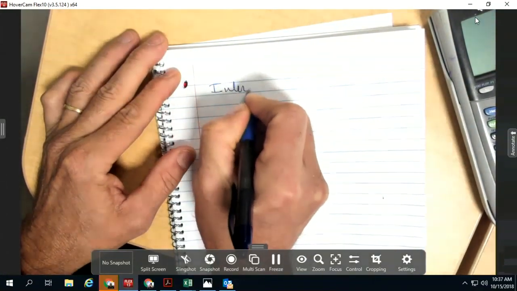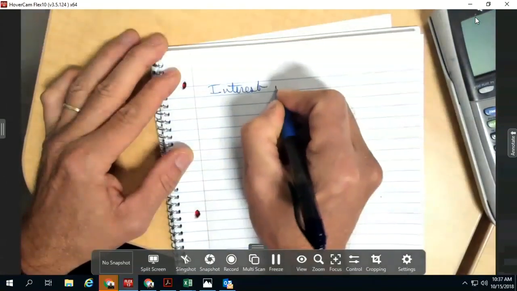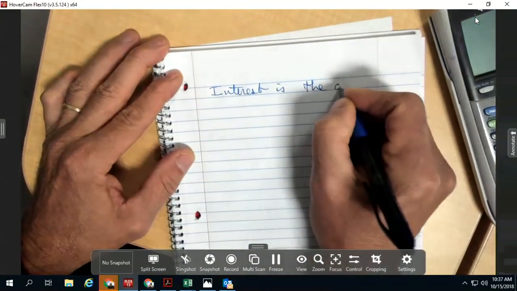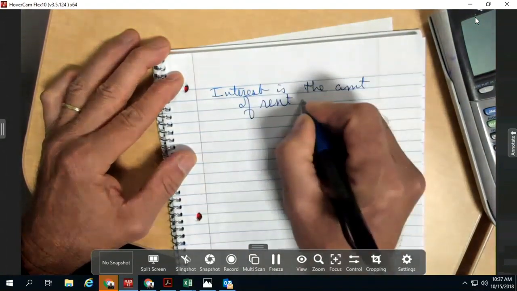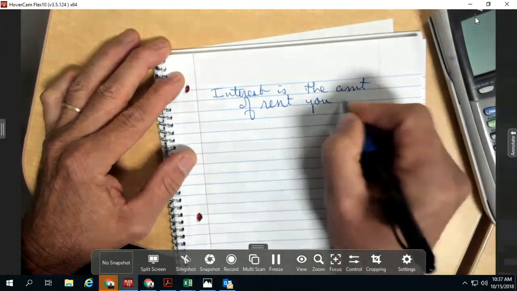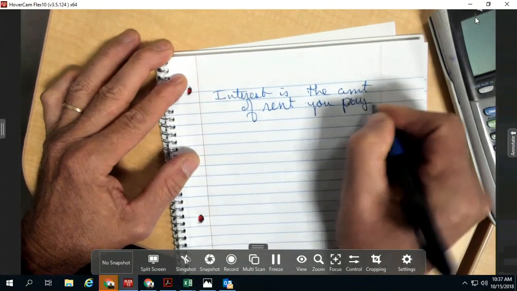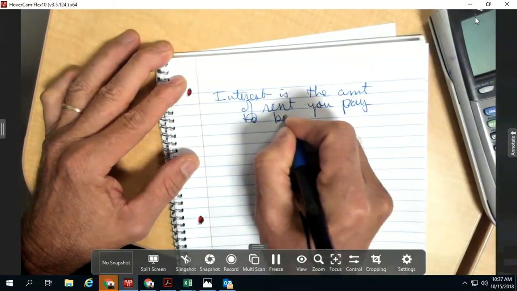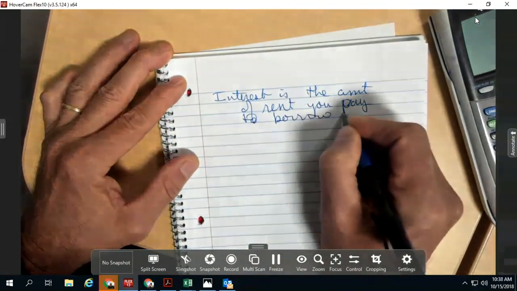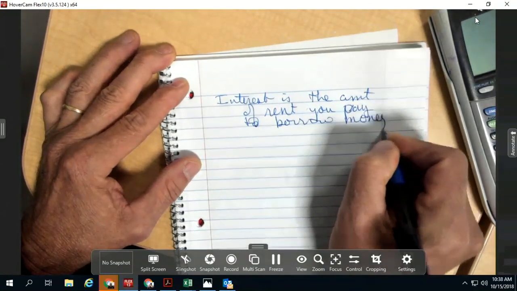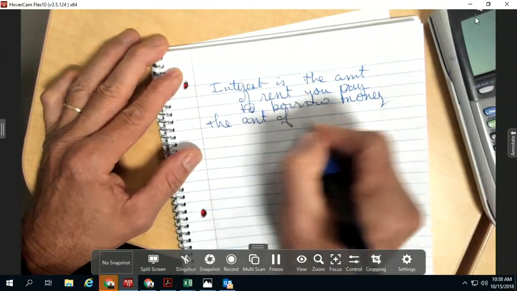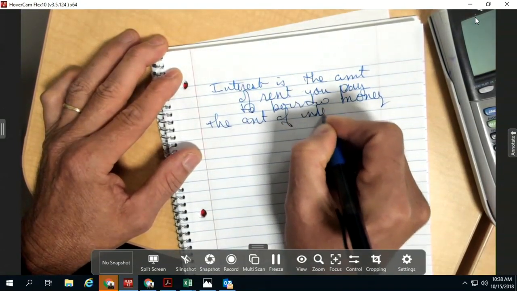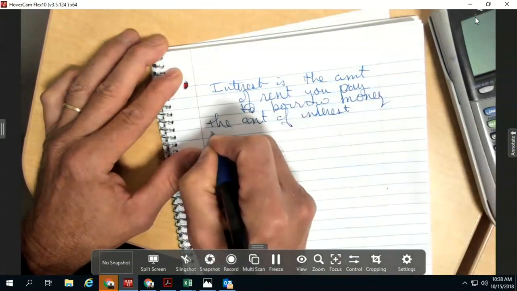Interest is the amount of rent you pay to borrow money. The amount of interest depends on